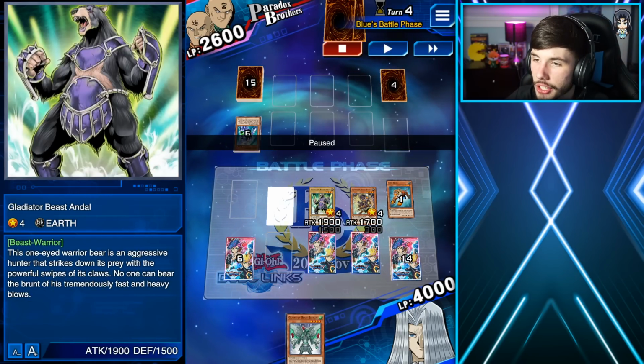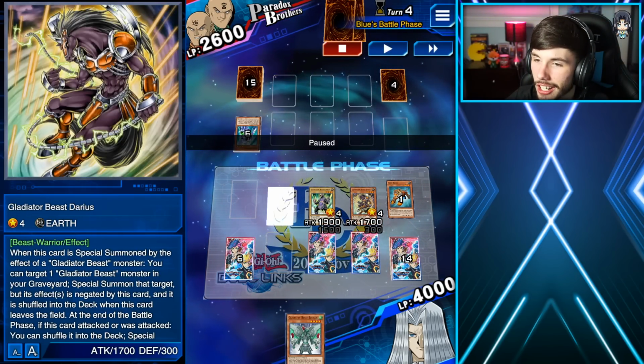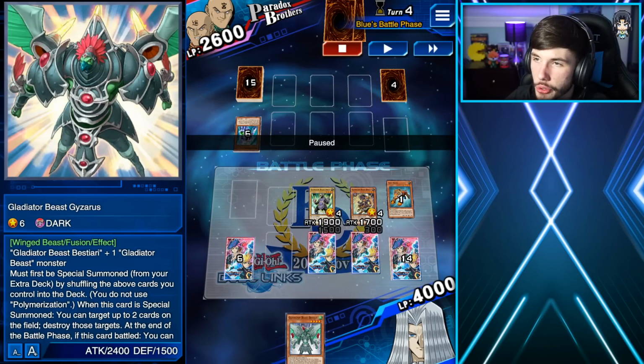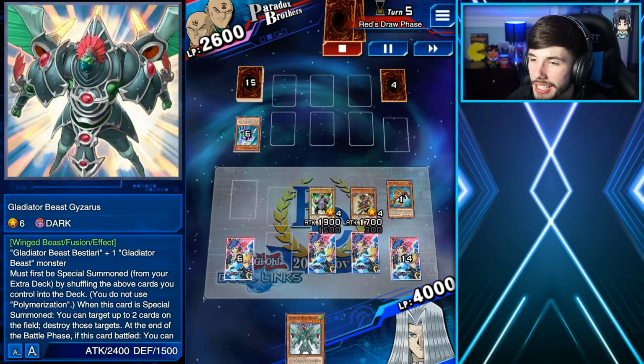Then once we do that, we're going to shuffle him back into the deck and go to Adol and Gyaris, because honestly, is there really much point having Gyaris on the field when he's a little weak? So due to that, we're just going to summon some boys. Next up, we're going to go...